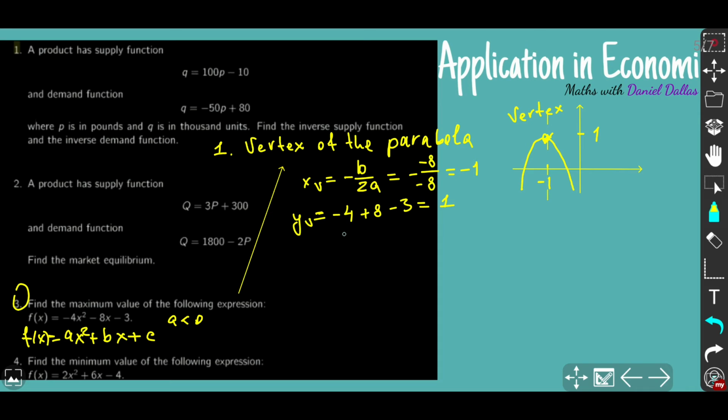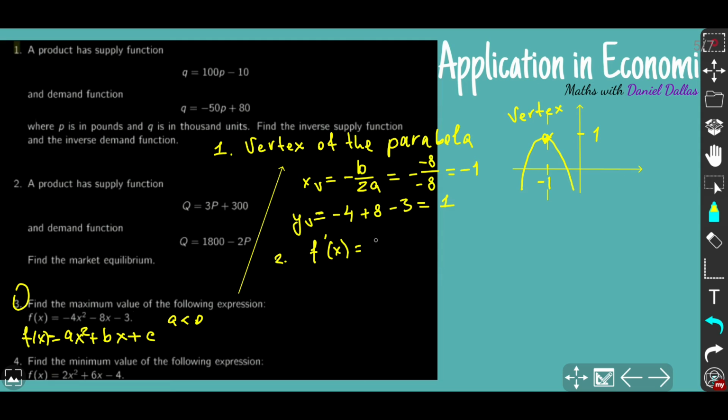Okay, and for the second case, for problem 4, I will show you through differentiation. I'm not gonna just repeat the same stuff for problem 3, so we just go straight to problem 4. Okay, however, no, let's do it for problem 3 as well. We just need to be sure that x vertex is -1, so let's just differentiate. So you take dy dx or f prime of x of this expression, and then this